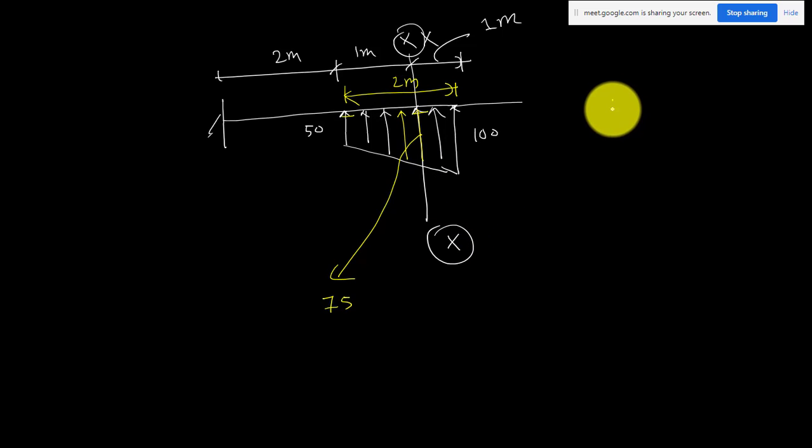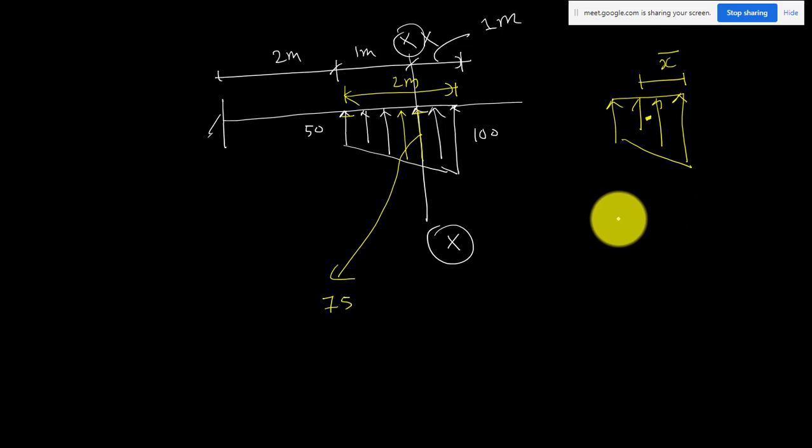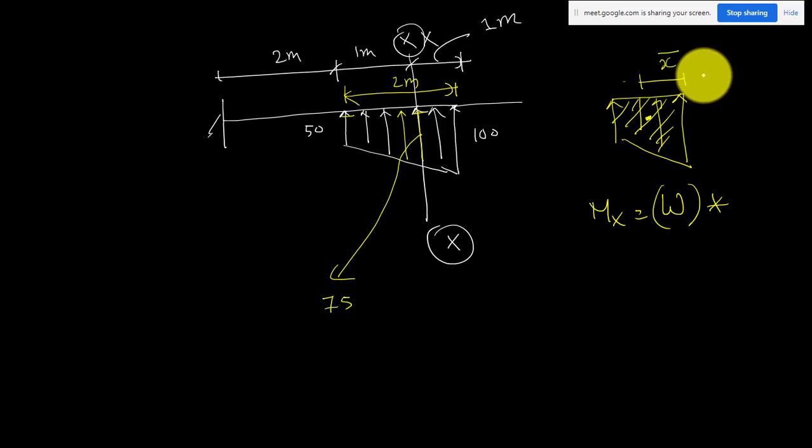Either you can find out the area of this trapezoid, you will get the total load. Then you find out the CG of your trapezoid. The total load you multiply with the CG distance, that will be the moment equation. Your moment at the section due to the trapezoidal load will be the total load, which is nothing but the area of the trapezoid, W, into the CG of the trapezoid, you must be knowing the equation. This is your moment in the clockwise direction. Otherwise this will be difficult, many times.